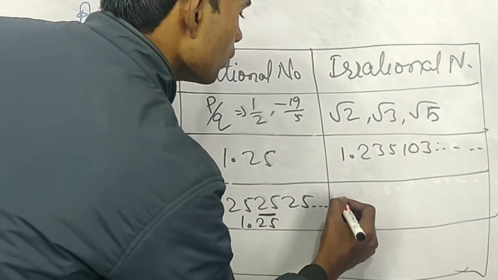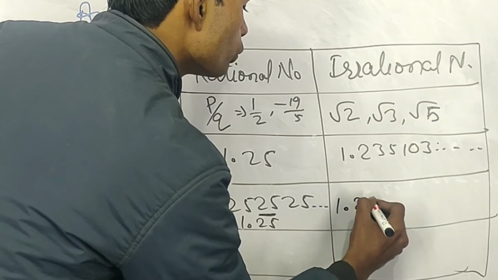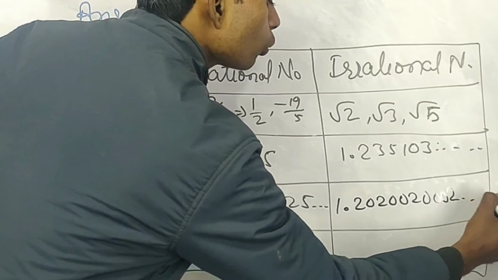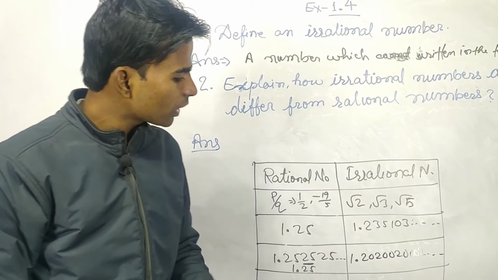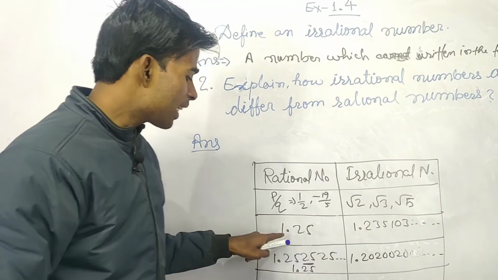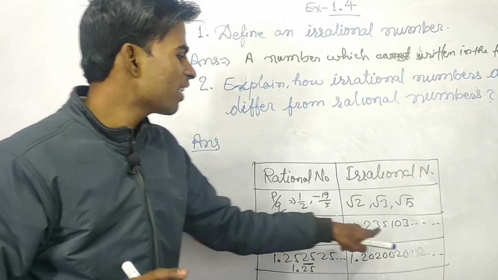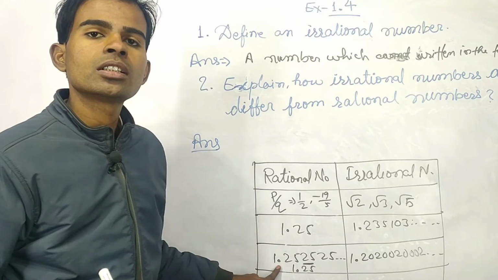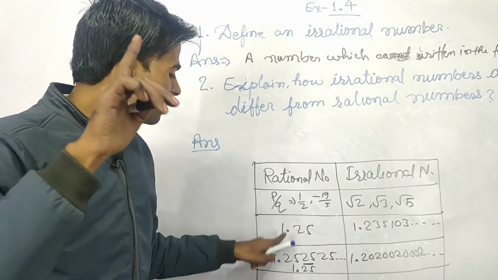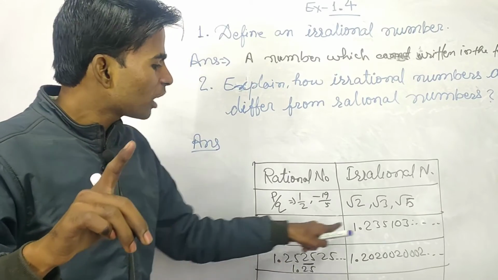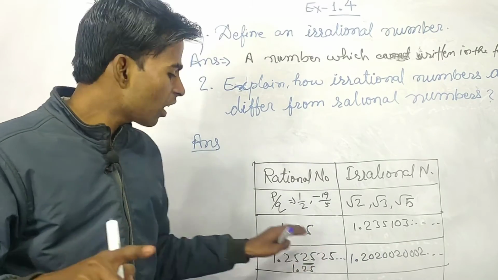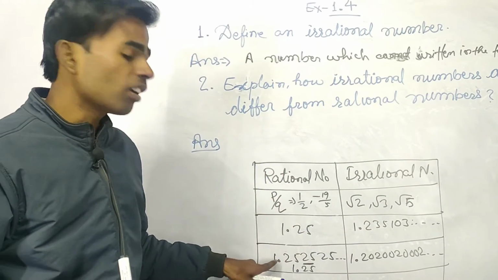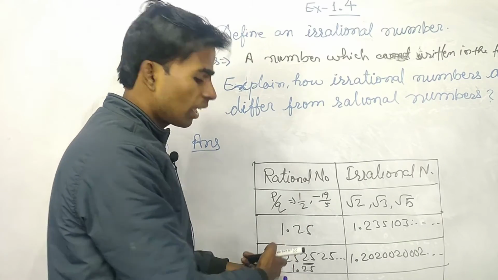एक और यहाँ पर लेते हैं, 1.2020002 and so on. सर यहाँ भी तो रिपीटिंग हो रहा है सर। यह terminating था, यह non-terminating था। तो यह रेशनल क्यों होगा सर? तो मैंने पहले बताया, terminating हो या non-terminating हो, हमको देखना है कि वह recurring है कि नहीं। अगर terminating हो तो वह जरूर p by q के फॉर्म में लिख सकते हैं।